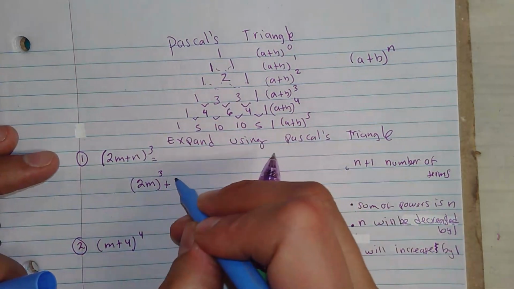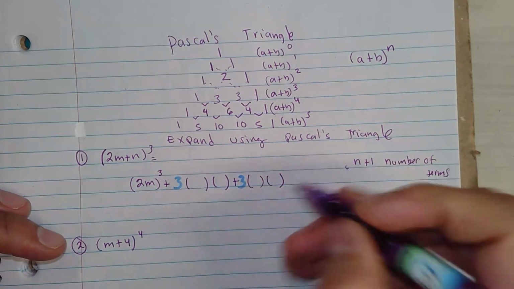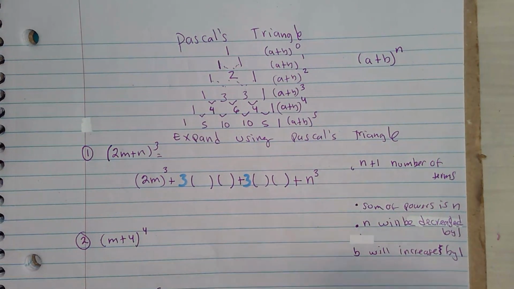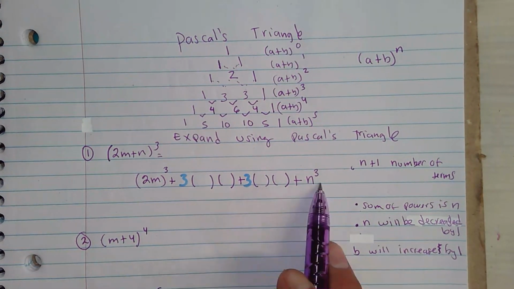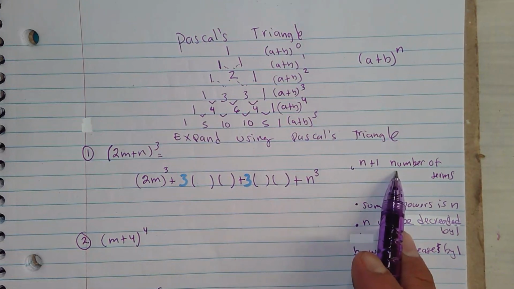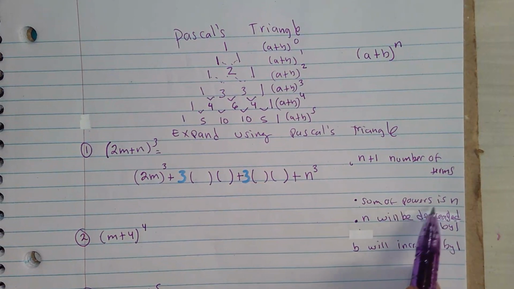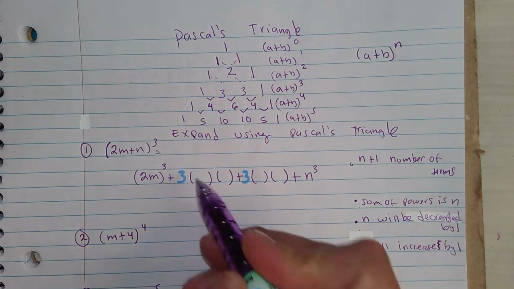This is part of Pascal's triangle. And then I need 3, and then plus the last term cubed. So that's how you do it. In case you have 1, 2, 3, 4 terms, that's what we said before. So now we're going to tell you what this means. The sum of powers is n, the first term will decrease by 1, and b will increase by 1. So here this will be